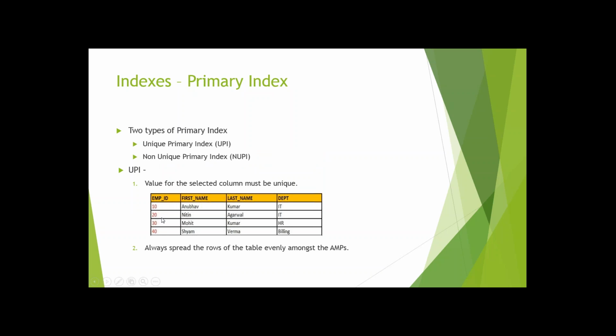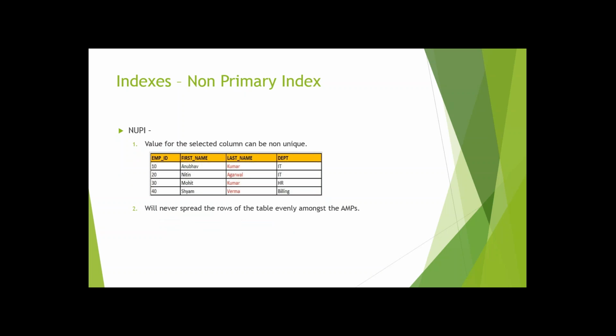10 would go to one AMP, 20 would go to one AMP, 30 would go to one AMP, 40 would go to one AMP. These would go to different AMPs based on the hashing algorithm. So all of a sudden each AMP has just one record. So it's evenly distributed because there is no repetition of values in here. 10 doesn't repeat twice, 20 doesn't repeat, so evenly distributed. Okay,